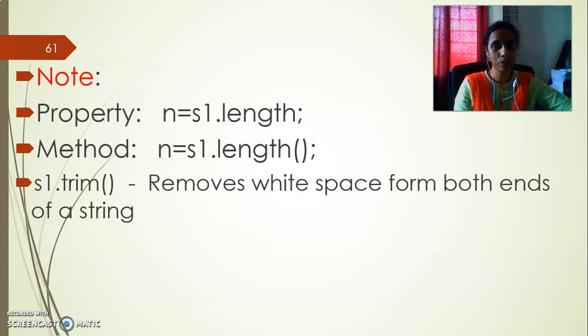The first one is a property. Since a string is an object, you can use object dot property, and there is a length method as well. Both will return the size. There is absolutely no difference. There is s1.trim, which removes white spaces from both ends of a string.